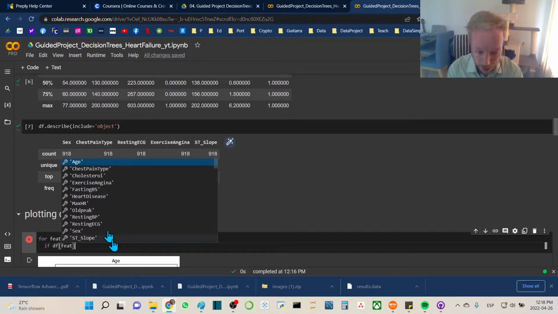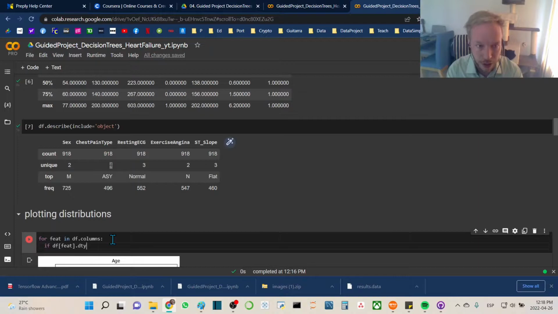We'll go if df[feat].dtype equals, we have integers, floats, and objects. So we'll do integers and floats first. So if that's equal to an integer, make sure we wrap this in parentheses because we're going to do a dual logic statement. So or, if it's an integer, or we can just copy and paste this, or if it's a float, let's do